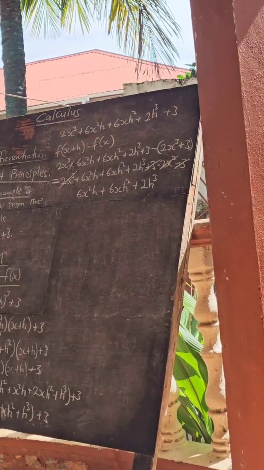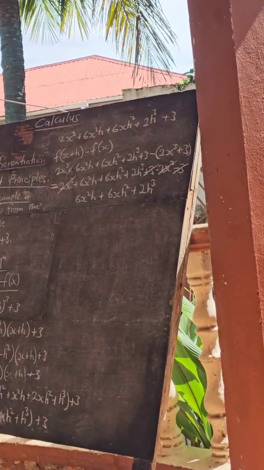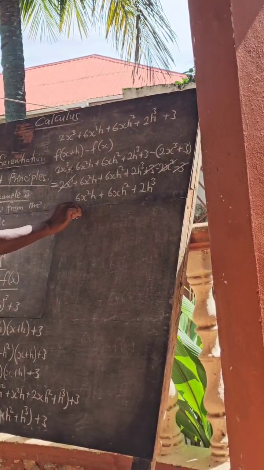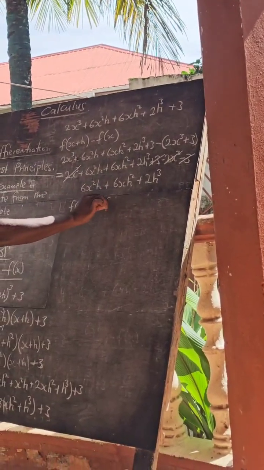Now, but the formula says everything must be divided by what? h. Meaning f of x plus h minus f of x